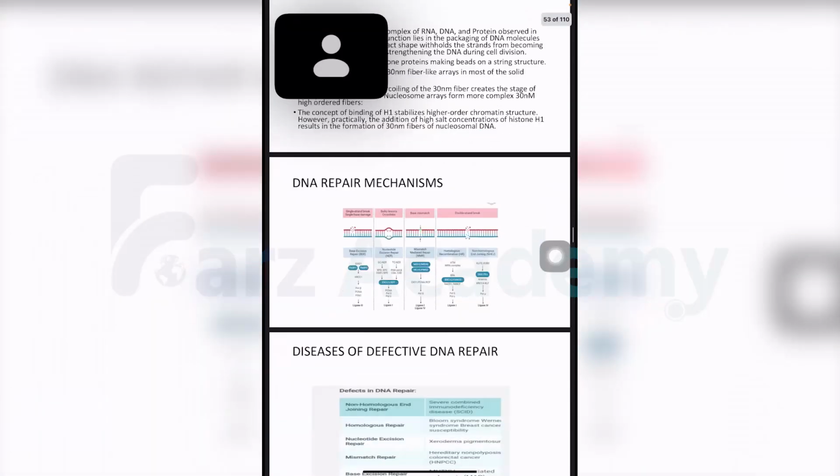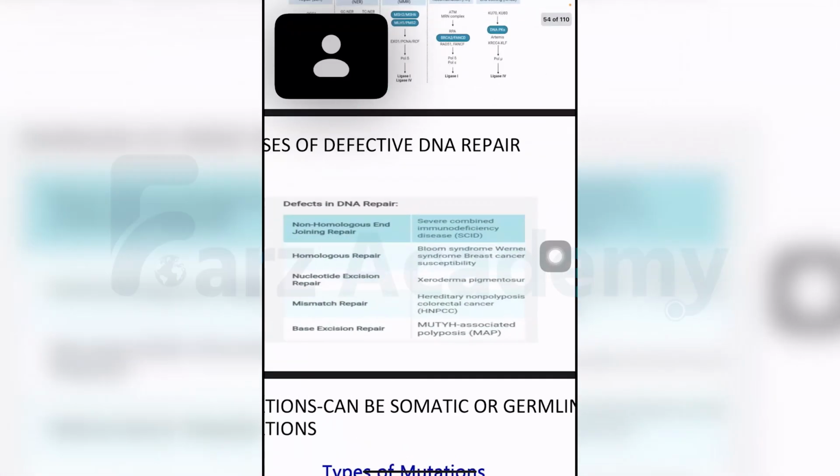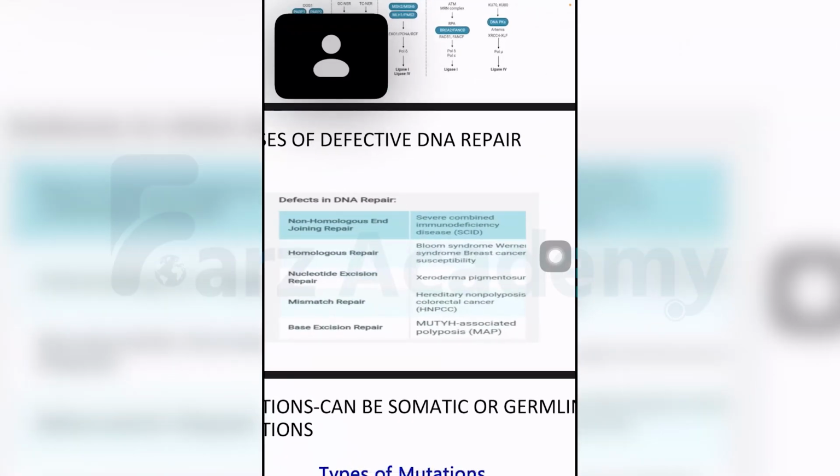So these were the repair mechanisms I told you, and whatever the defect that they caused. When I told you nucleotide excision, it is xeroderma pigmentosum. Mismatch repair was your HNPCC or Lynch syndrome. Classically, a clinical vignette would give you polyposis of the colon and increased risk of endometrial cancer. They will describe these vignettes and tell you what the defective mechanism is. You have to understand they're talking about Lynch syndrome or HNPCC, which we'll read in detail in GIT, and that it is a mismatch repair defect.